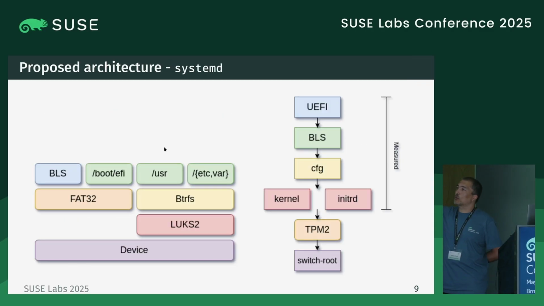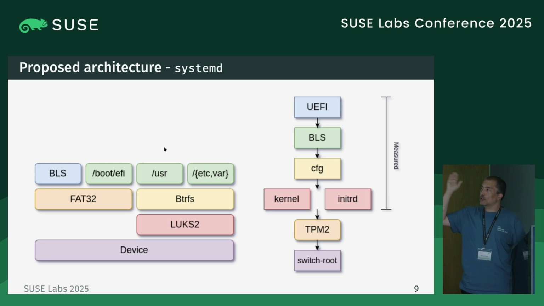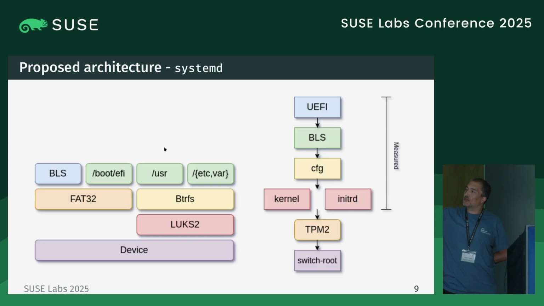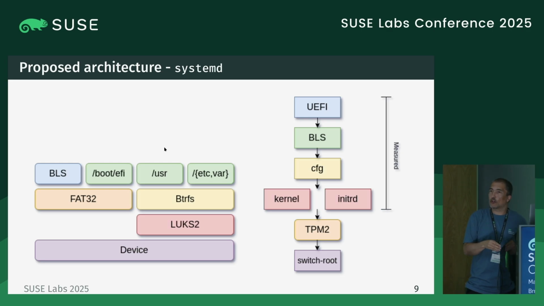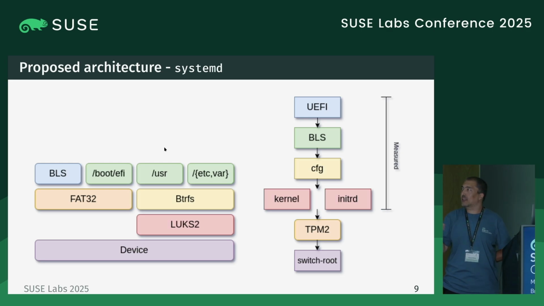This architecture was proposed in the first presentation, was implemented in the second one, and is still valid in the third one, so in this one. So we didn't move from this model. Basically, it's the traditional openSUSE MicroOS installation that we really know, where the root file system is Btrfs. Below the file system, we have a LUKS2 device, but the kernel and the initrd are outside the root file system, in the FAT32 ESP partition, so they are in the clear. They are measured, but they are in the clear.